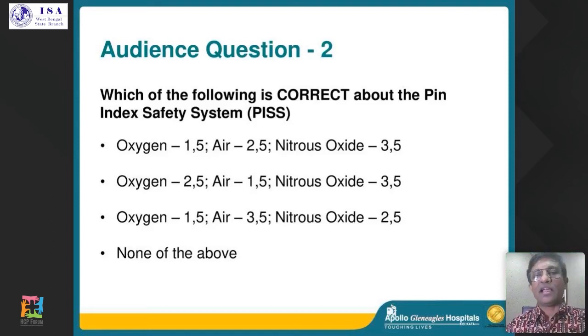I know it is very simple, and I have a problem with numbers, which is why I always find it difficult to remember. So that is why this question is here. Please feel free to put in your votes. Once you have put in your votes, we will go to the next poll. We'll get the answers to this right at the end. So if you have the patience to listen to me till the end, you will get the answers to all of this. So we'll close it in 5, 4, 3, 2, 1, 0. And you can go to the next poll.